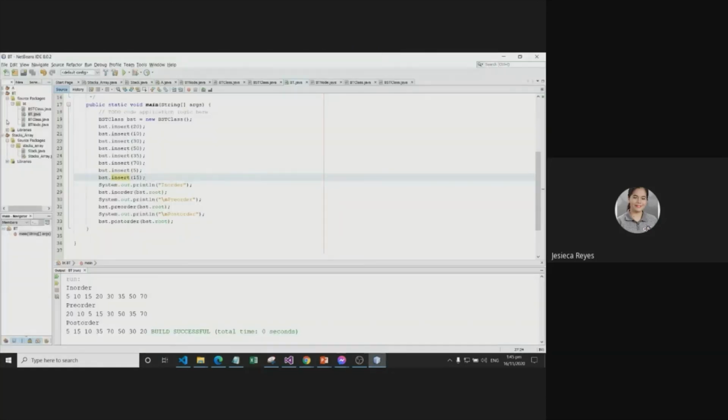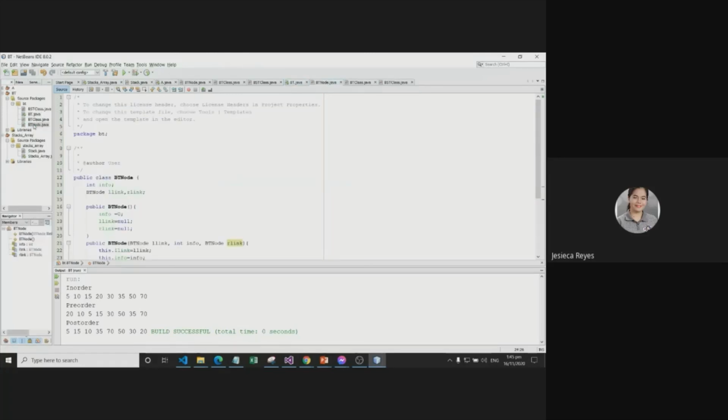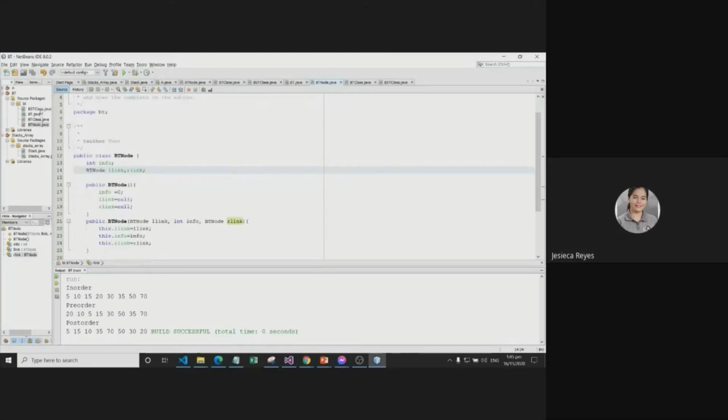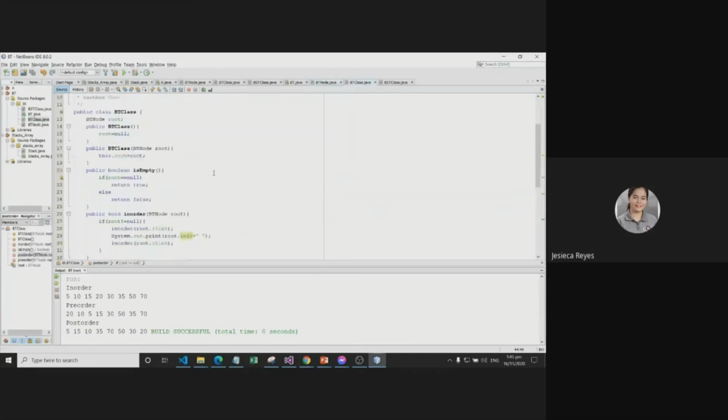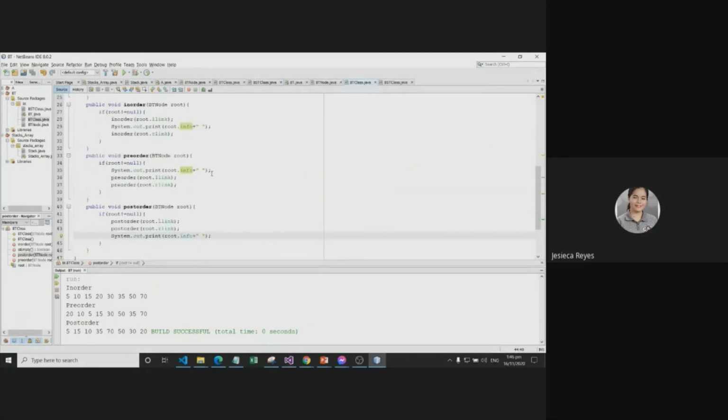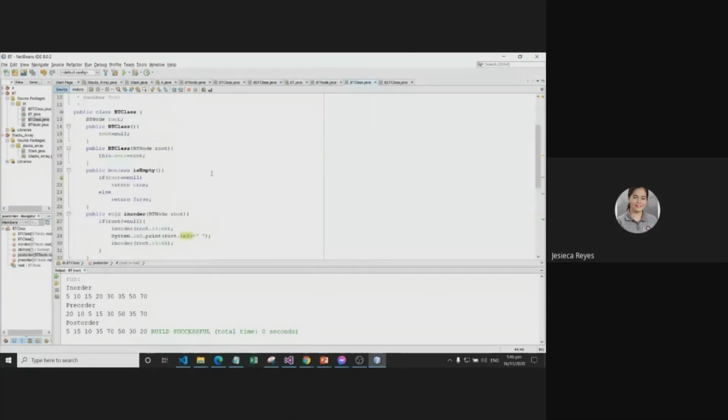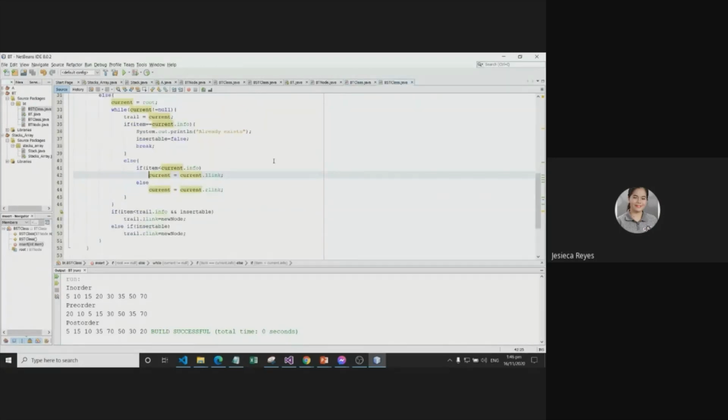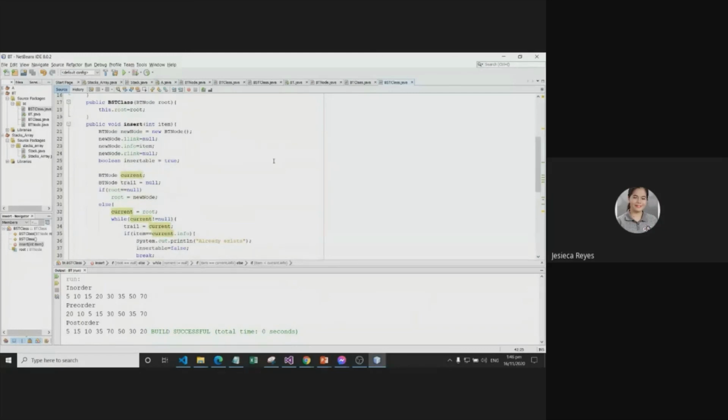Same as with this one, we have to create a node with left link, right link, and info, and of course, the binary tree class, with the traversals and a check for whether the binary tree is empty. And for the binary search tree, the insertion method. Okay. Then after that,